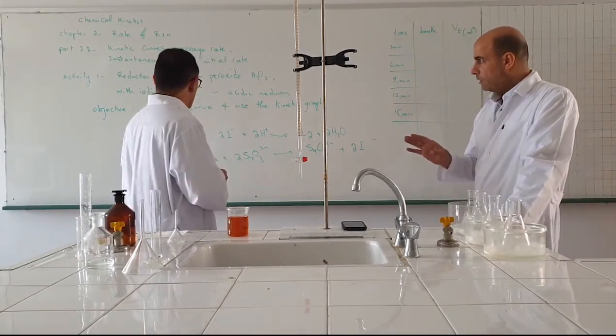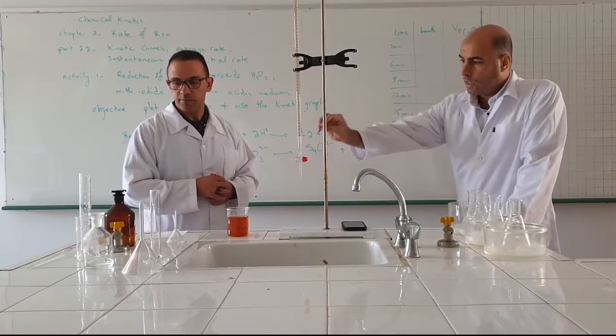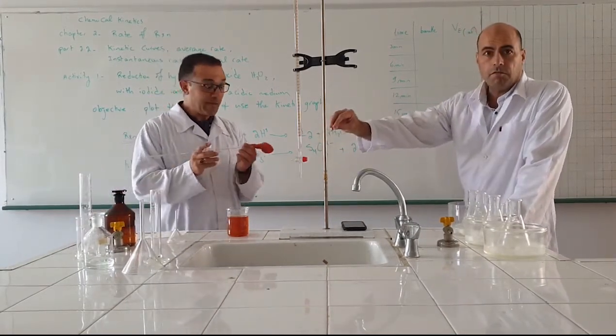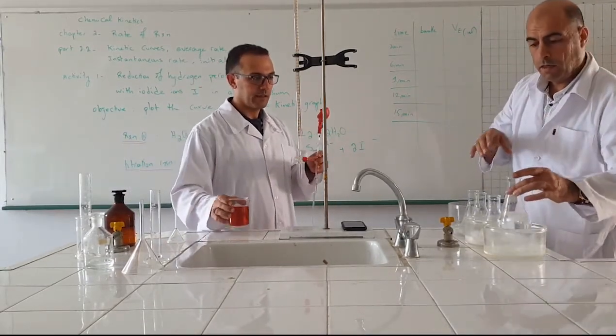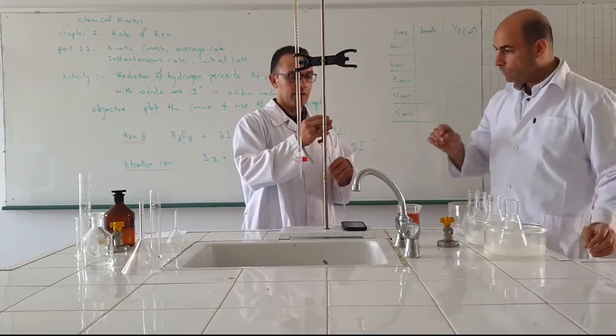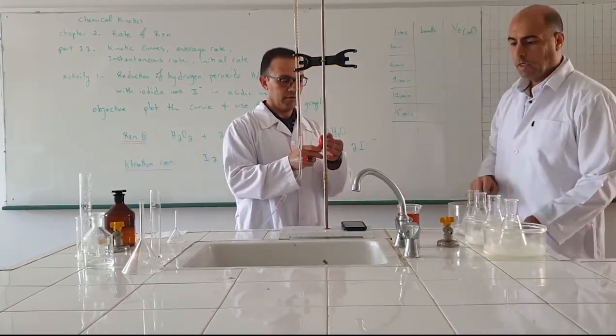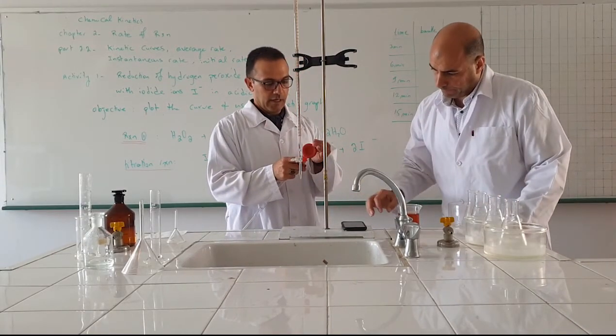We are going to wait 3 minutes. And then after 3 minutes, we are going to take 10 milliliters of the reaction mixture, pour them in the Erlenmeyer flask, and then titrate the iodine formed in the 10 milliliters of the reaction mixture. Okay. After 3 minutes,